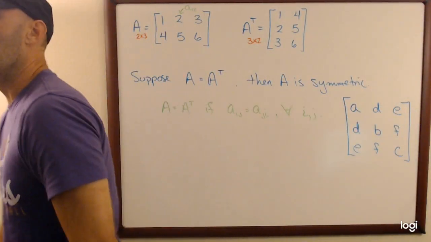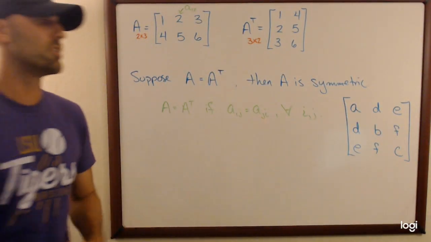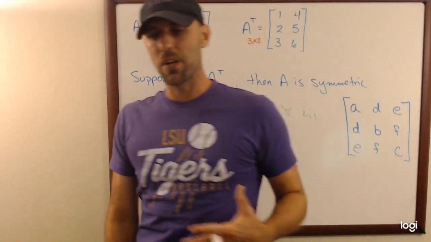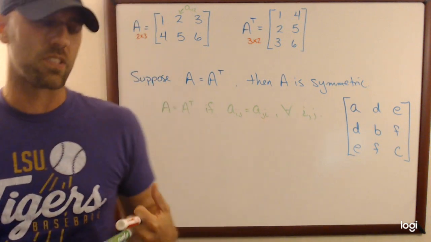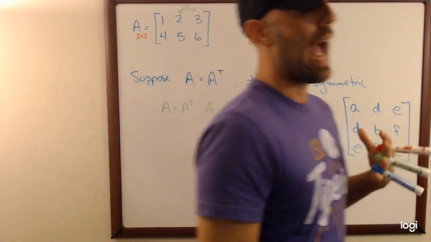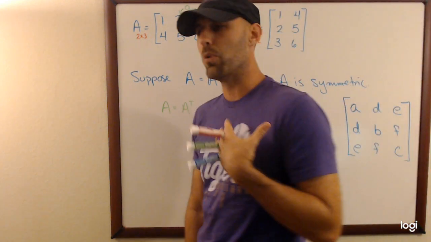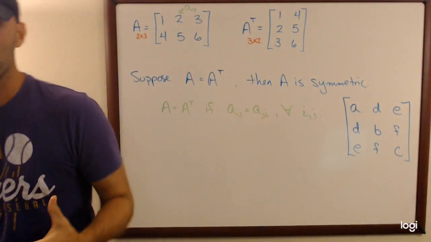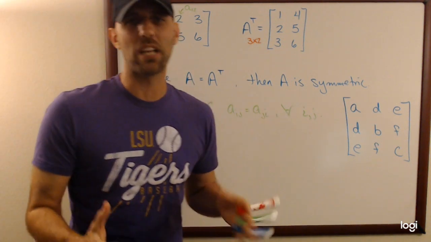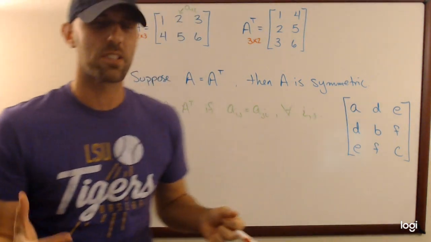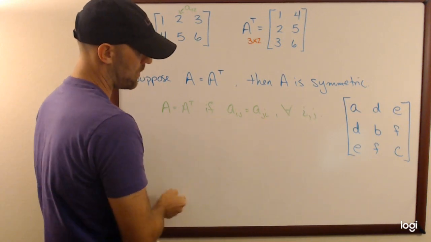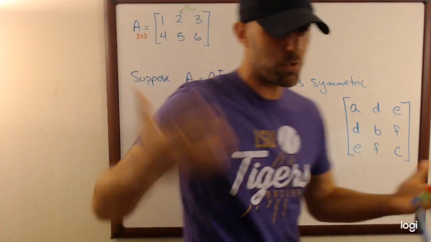Now, one of the things that I'm going to want you to think about later on in the semester is the concept of degrees of freedom. It's the concept of when you're trying to create something, how many choices do you get to freely make? For any 3 by 3 matrix, it seems like you get to make 9 choices, yes? Just a random 3 by 3 matrix, there are 9 entries, pick whatever you want. But